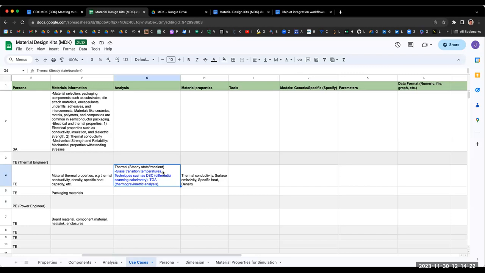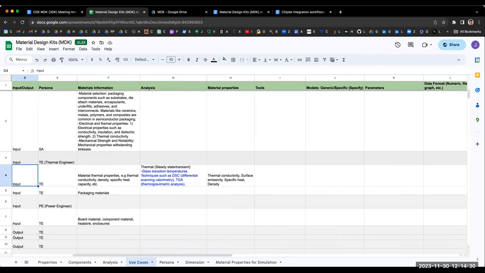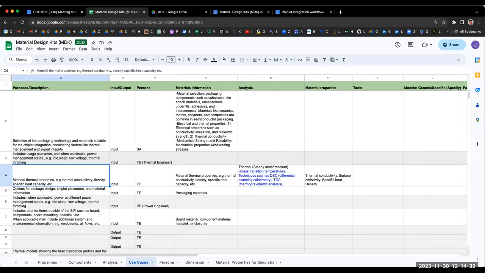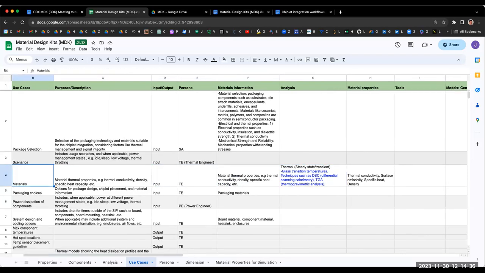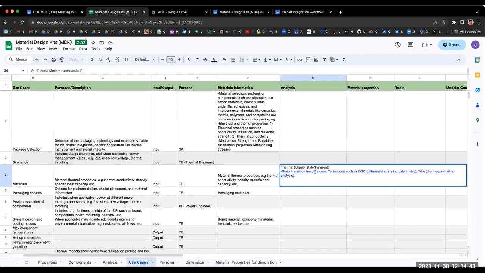I'm confused. I thought analysis was specifying the type of analysis that's being done: signal integrity, power integrity, thermal stress. Yes, that's what I thought. That's what the intention was. Yeah, that's the intention. I don't understand the comment with glass transition. I mean, we may need to add notes someplace, but that seems like a very